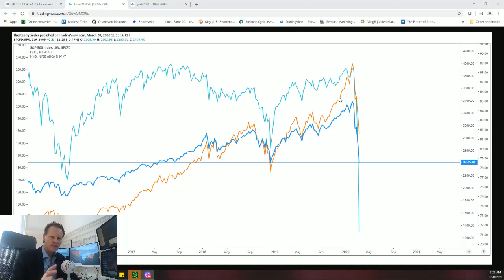But here is something I want to point out, and I think this is really important for perspective. We're still hearing plenty of people, a lot less than two weeks ago, when after the initial pullback in stocks, a lot of people said, oh, this is a buying opportunity, when the market was off like 3-4% off the highs. Obviously now we're down 33% in S&P terms. But what's different about this situation now than